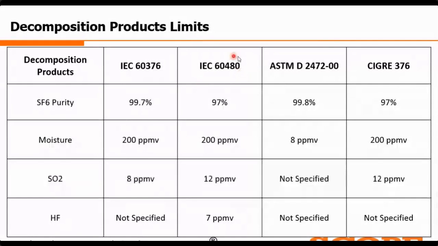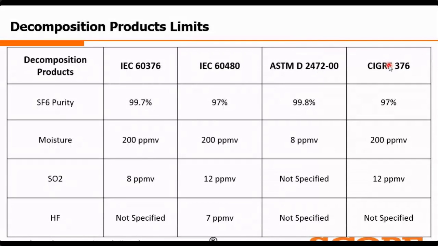So for used SF6 gas, older GIS or AIS circuit breakers can follow this SF6 purity limit. ASTM is again for newly manufactured SF6, and CIGRE is for used SF6, that is for the older GIS and AIS